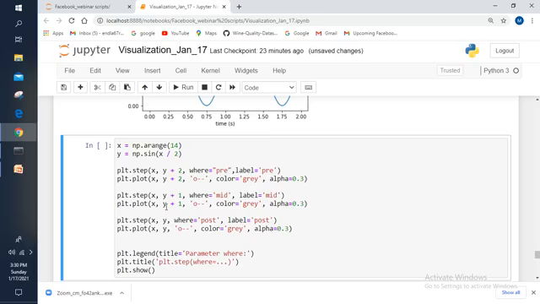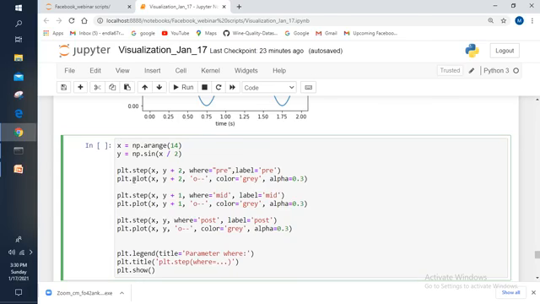come to the step function. By using the step function, you can represent the plot by using steps, right? Here I'm specifying the range as 0 to 14. By default, it will take the step value as 1, and I'm storing that into the variable name x. I'm dividing each and every value by 2. I'm passing the entire thing into the sine function. I'm storing this sine function into the variable name y. I'm passing the variable names x and y to the step function and the plot function as well.